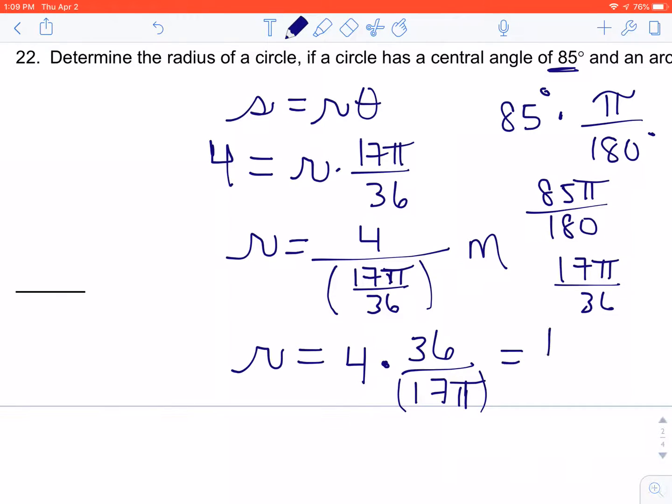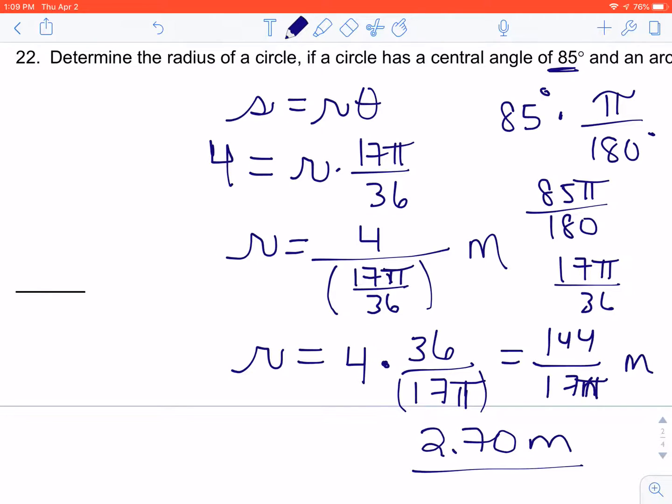Now you have to be really careful on the calculator because 17 pi would be in parentheses. You could leave your answer exact as 144 over 17 pi meters. If you rounded to two places, however, you'll get 2.70 meters, and you just want to be careful that you don't round